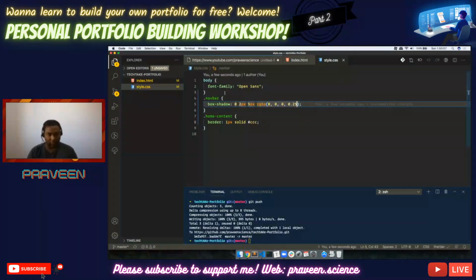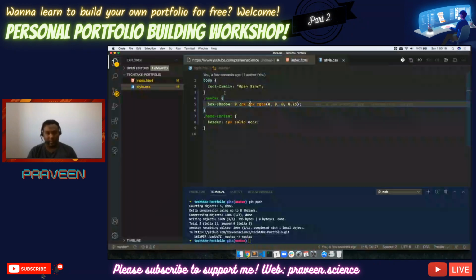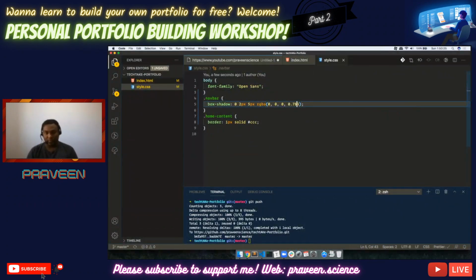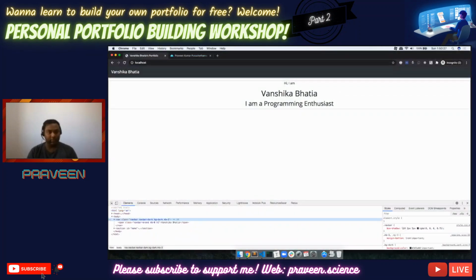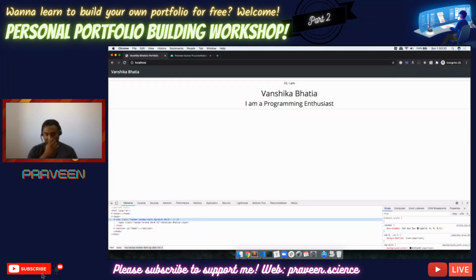So this is something which I wanted to do. And if I try to do 2 pixel here, it might screw up. Yeah, it is coming a bit darker. So I'll put 5 pixel itself and make this box shadow somewhat bigger, with more opacity, so that it's not looking really bad. So this one is perfect. This is looking good. So we have almost completed the header part.